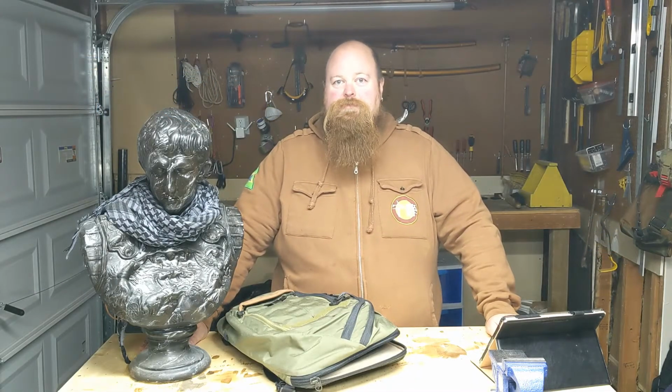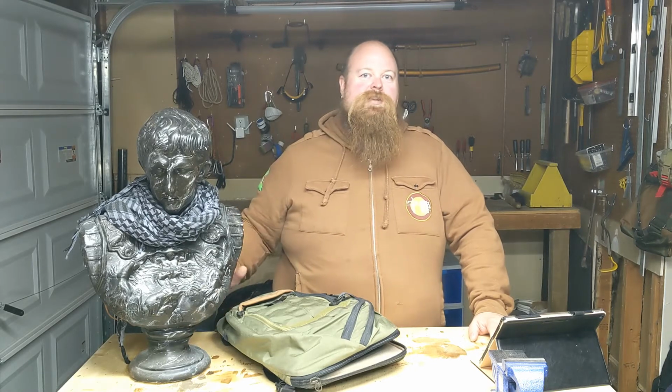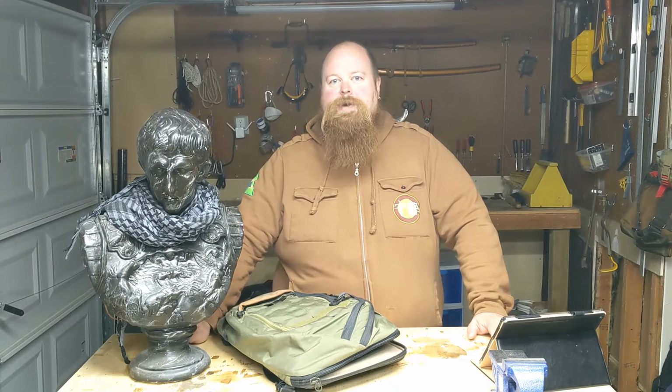Today let's talk about making your backpack or your bag bulletproof. Now there are a number of companies that make bulletproof clothing and bags and packs, and there's companies that make backpack armor to go into different backpacks. But before we take a look at that, let's talk about why you might want your backpack or your bag